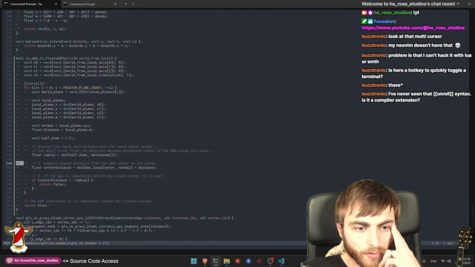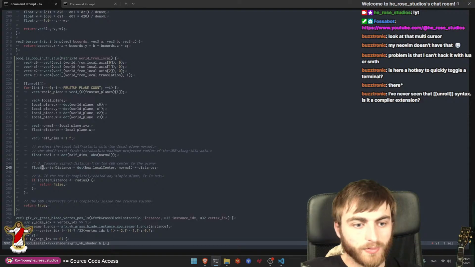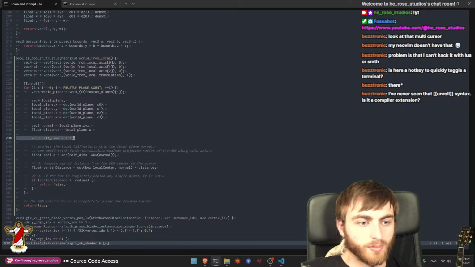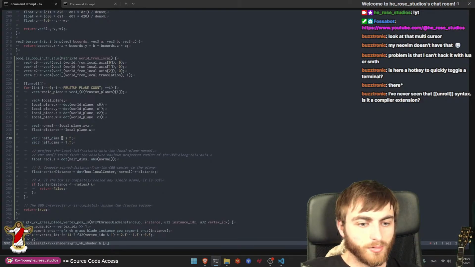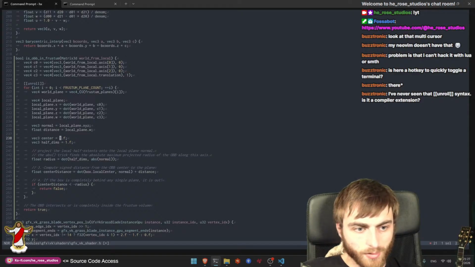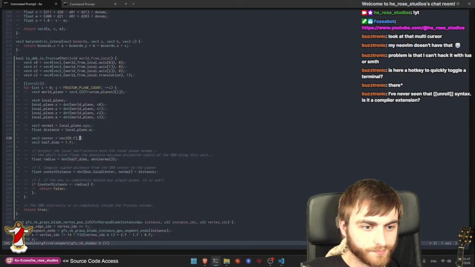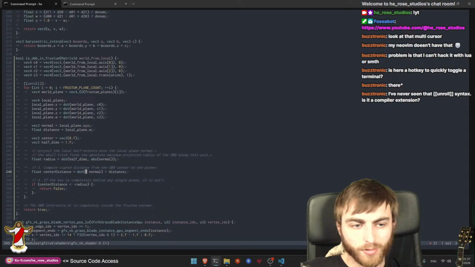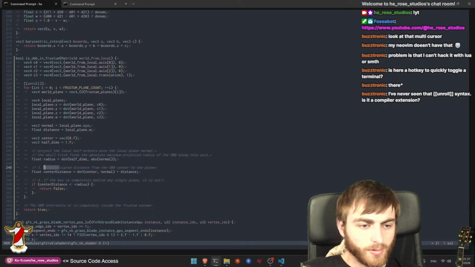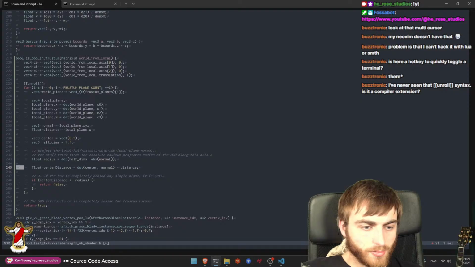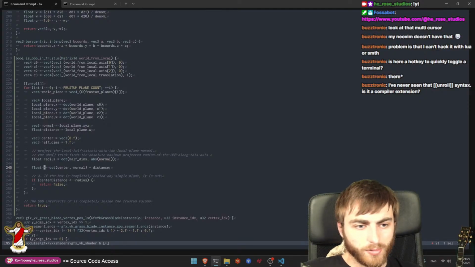Compute signed distance from the OBB center, so that's just another 0 again. Well, constant, I meant to say another constant. So 0,